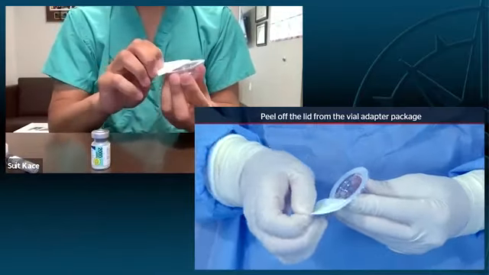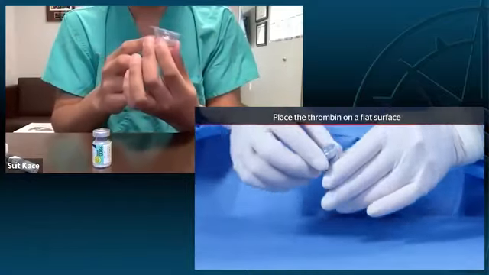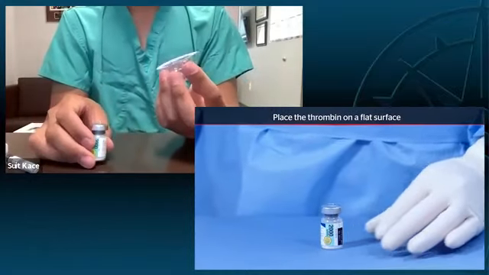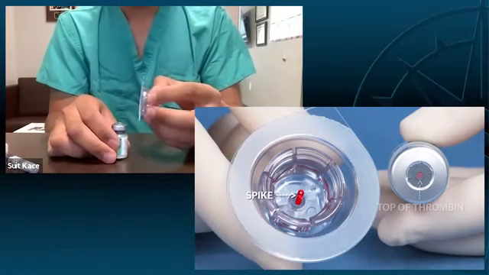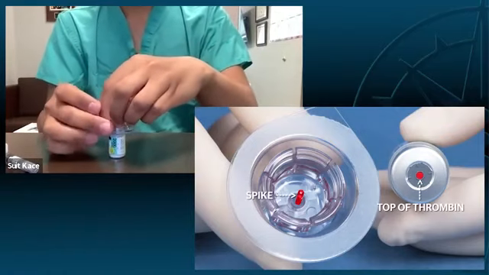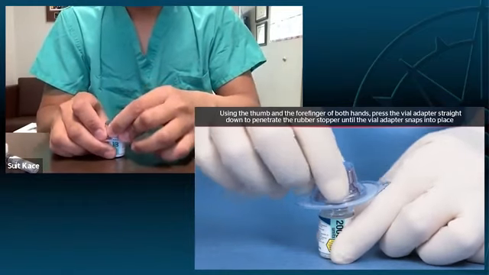You open up the vial adapter, but what I like to do is I always like to hold on to the plastic container that it's in to prevent contamination, and you want to make sure that the point inside does not get contaminated. And so you put that once again on a flat surface on top of the vial, puncture the top,